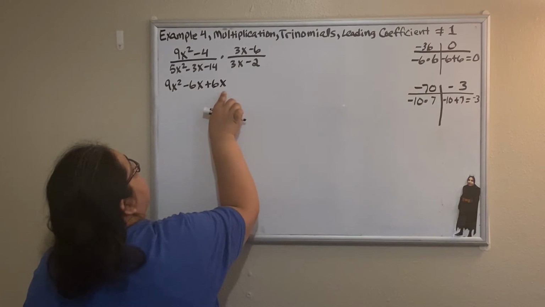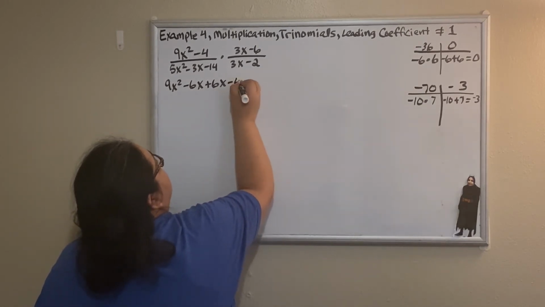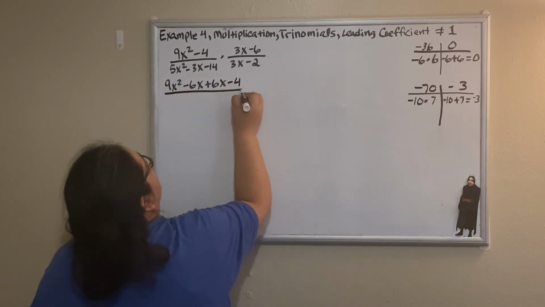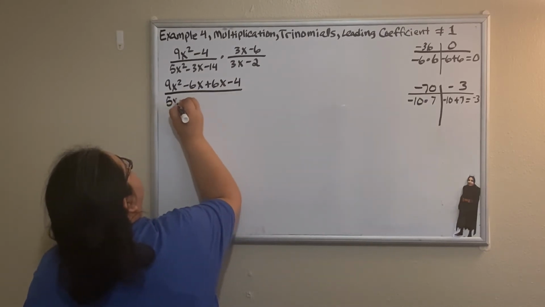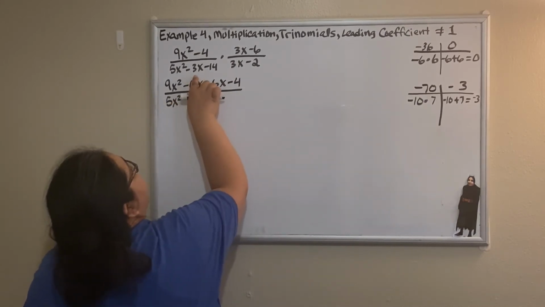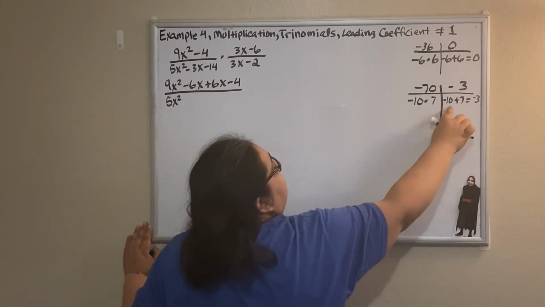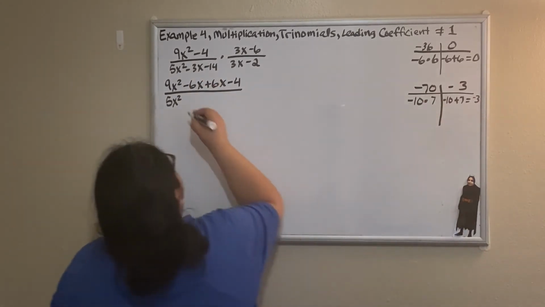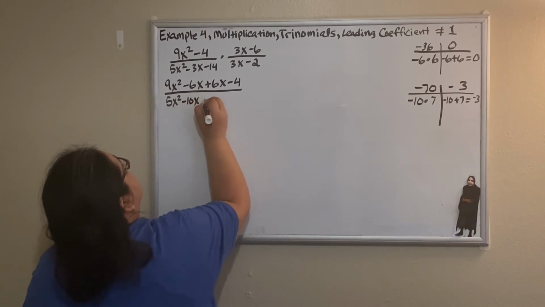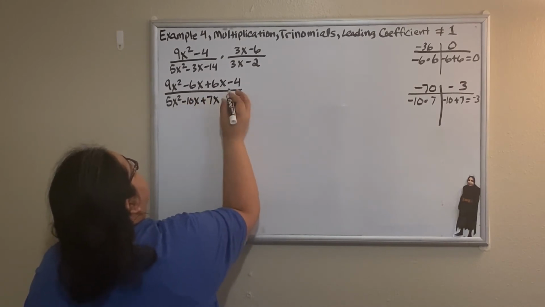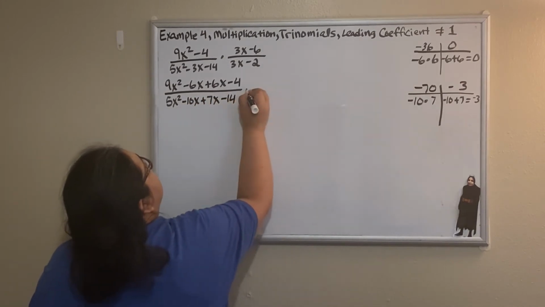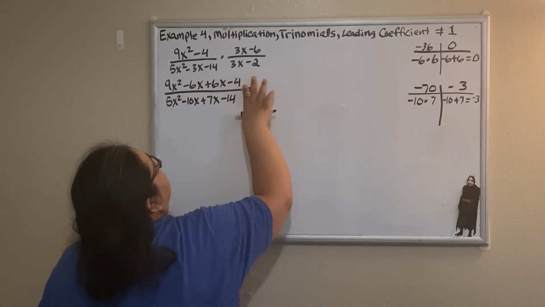This is the same as 0, but we're just putting it in a different way. And then we're going to put minus 4 over 5x squared, but instead of negative 3x, we're going to put negative 10x plus 7x. So minus 10x plus 7x minus 14 equals,